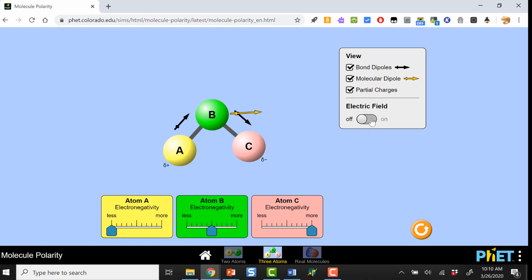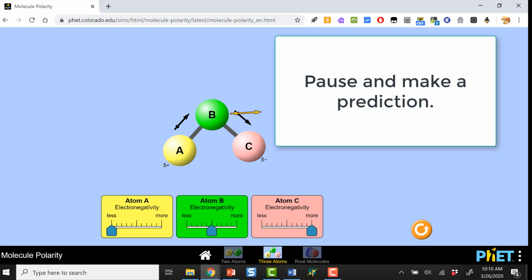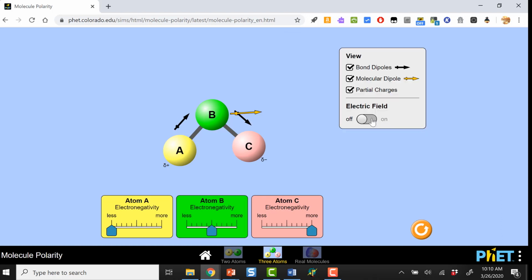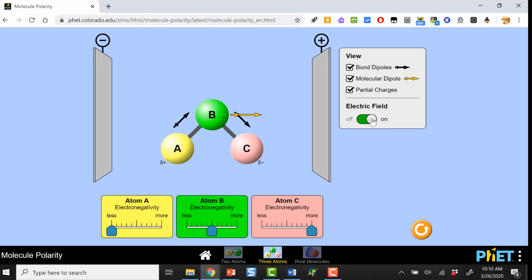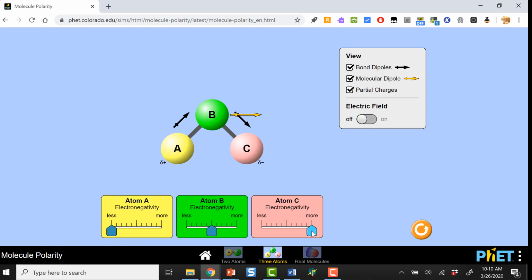If I turn the electric field on in this situation, will it change its position? Not much, right? The overall dipole, the molecular dipole, is the one that's pointing towards the positive plate. What happens if I change atom C's electronegativity? Now it appears that both A and C are partially positive. B has a partially negative charge, which means that overall we've got a